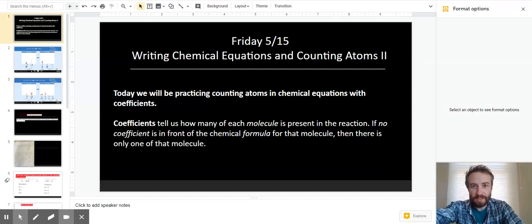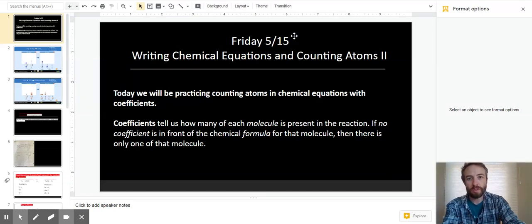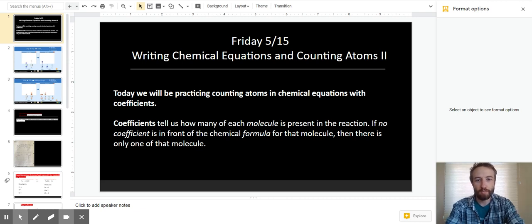And today's lesson is on writing chemical equations and counting atoms too. Today we'll be practicing counting atoms in chemical equations with coefficients. And so the coefficients tell us how many of each molecule is present in the reaction. If no coefficient is in front of the chemical formula for that molecule, then there is only one of that